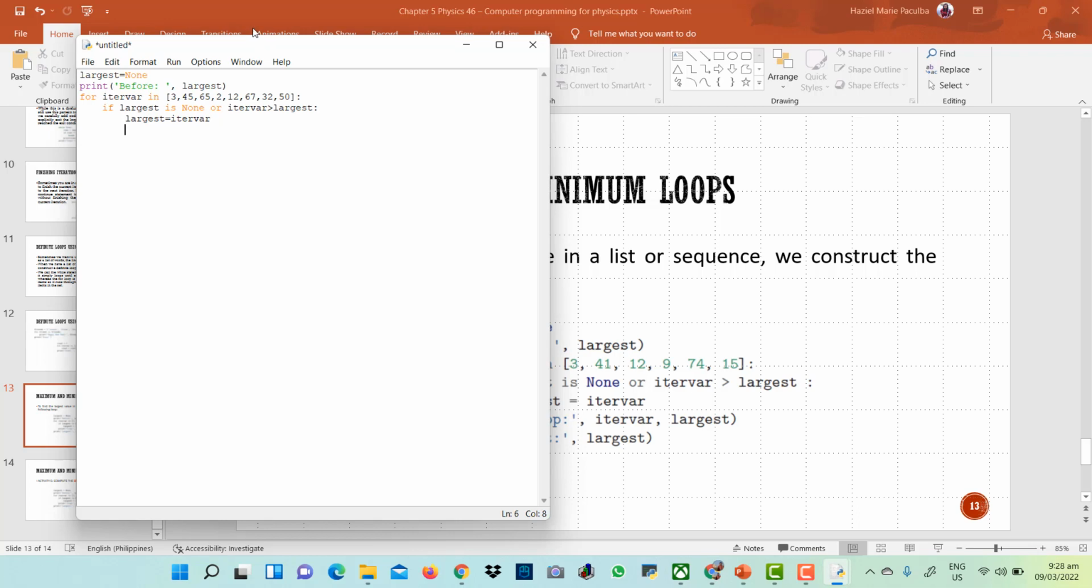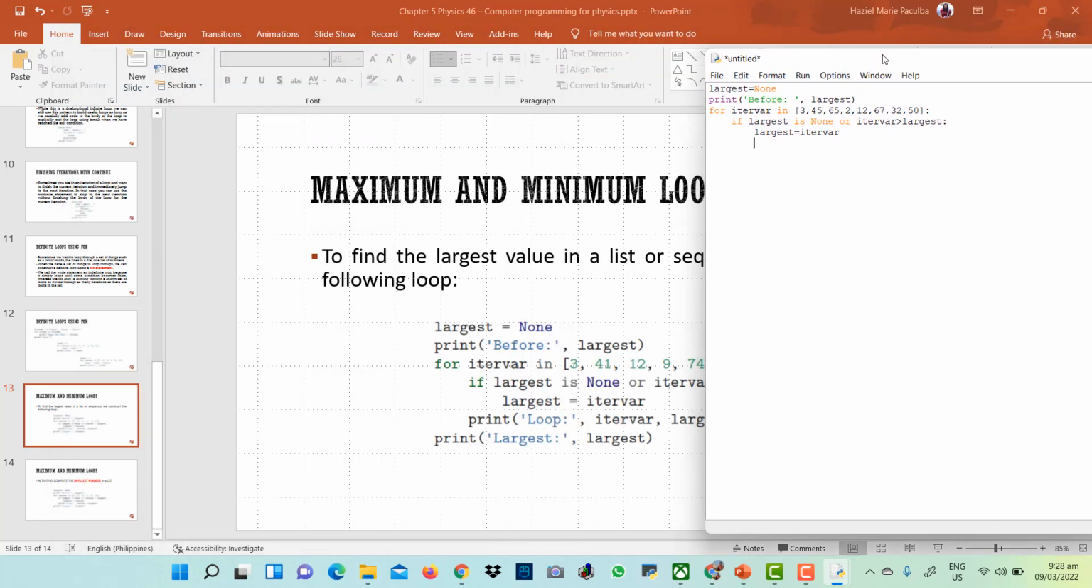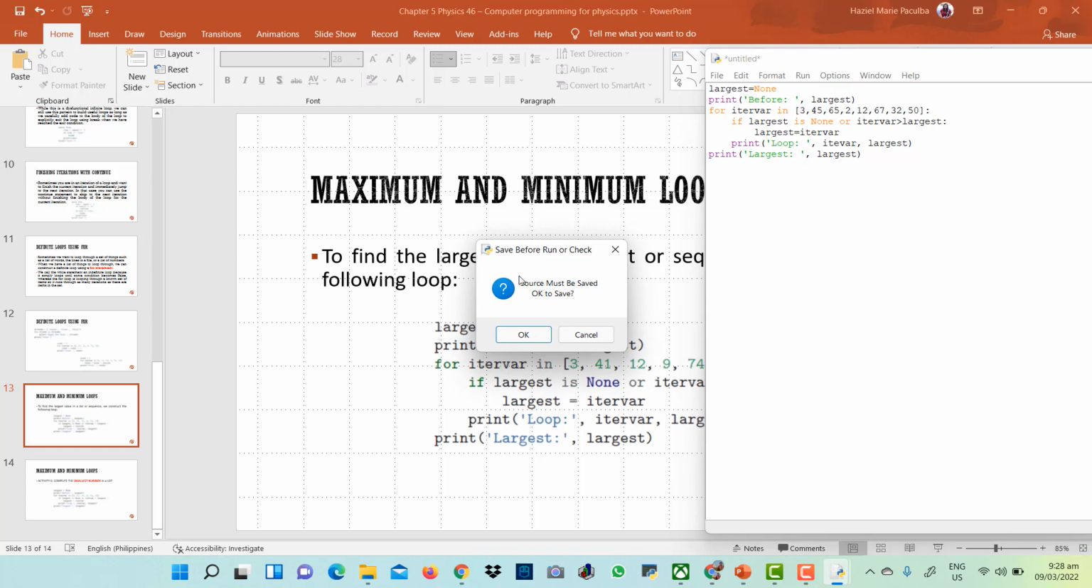Okay? And then ang gibuhat, gi-print na sa sulod, no? Print na sa sulod sa loop. Tapos iter var tapos largest. Then i-print niya ang sa gawas, i-print niya ang pinakadako nga number dira dayon, no? Largest. Okay. So if I run this one,